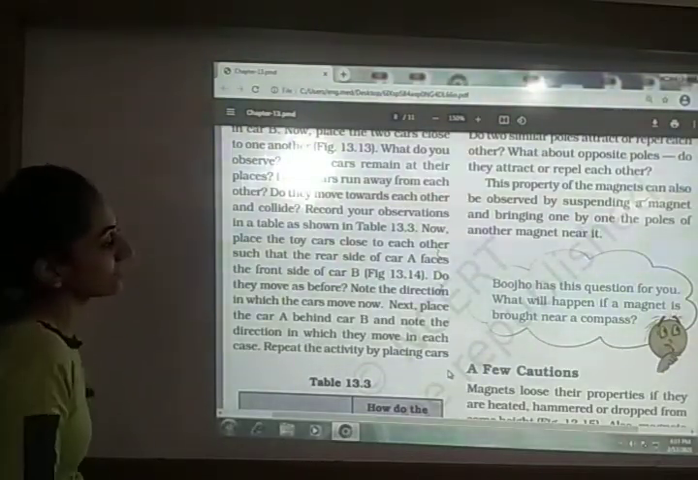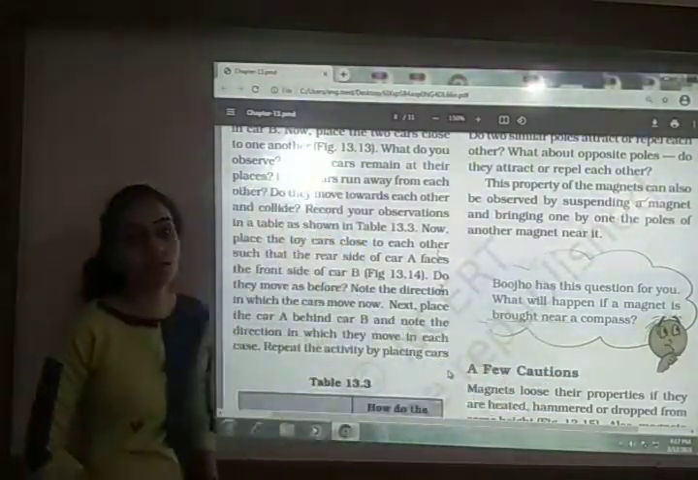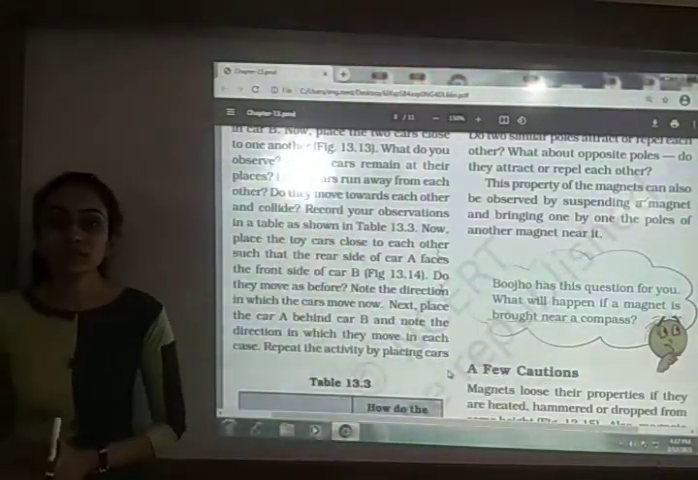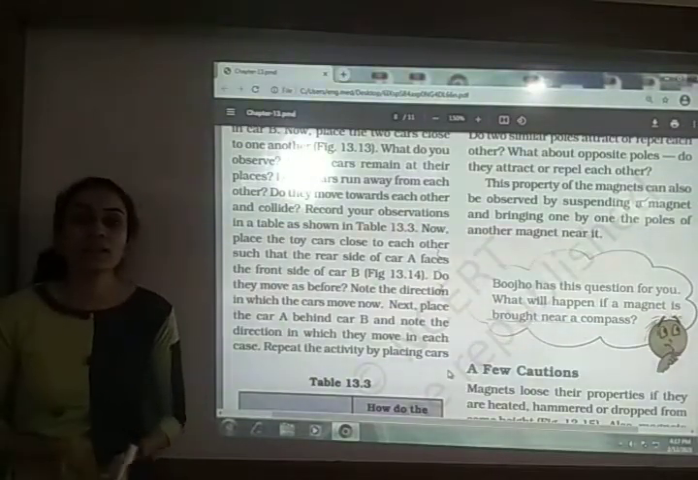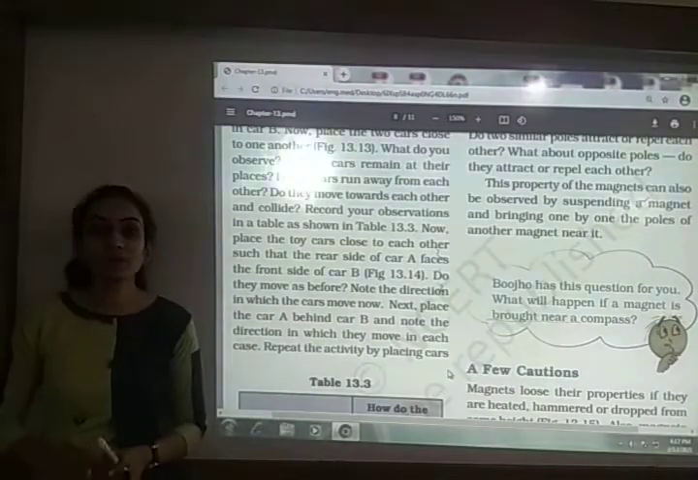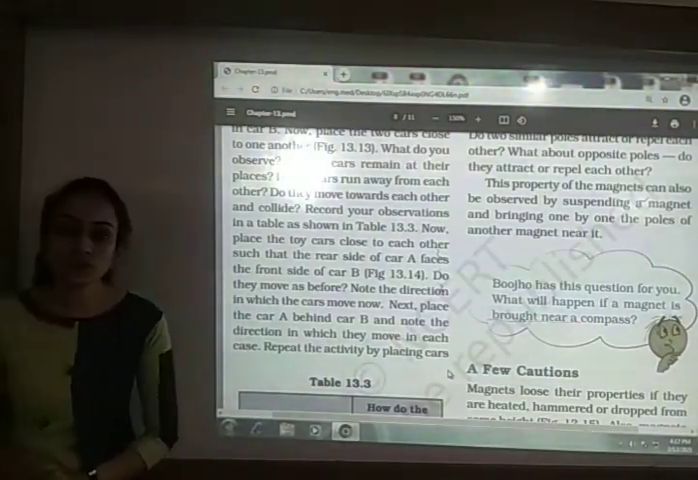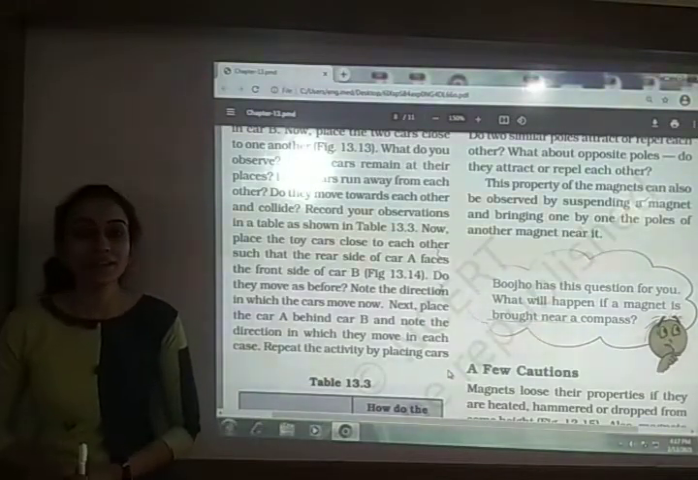So Bujoho has this question for you: what will happen if a magnet is brought near a compass? If we bring the magnet near the compass, the magnetic needle in the compass will deflect, or it will start rotating, or it will move from its original position, you can say. Why? Because the magnetic needle